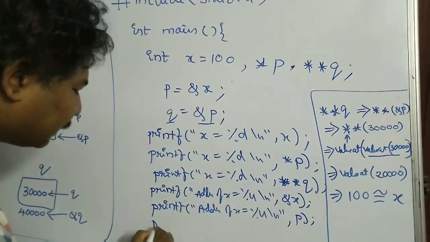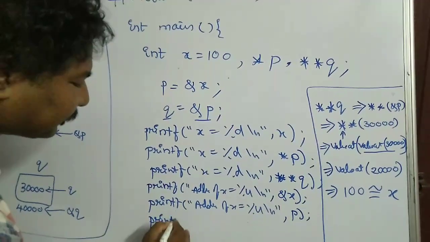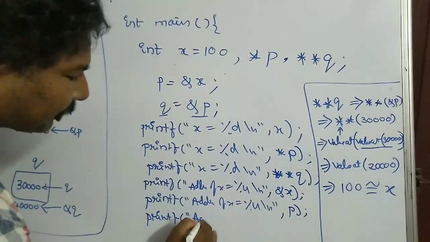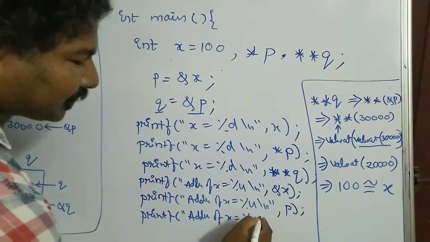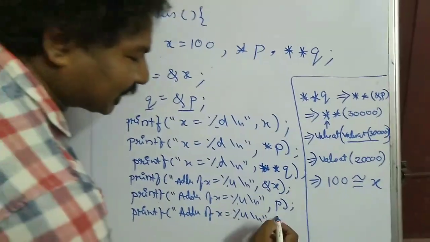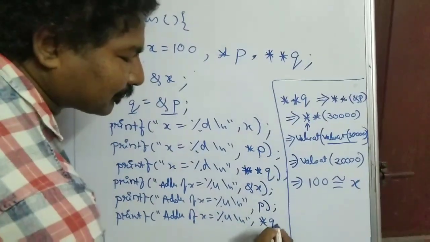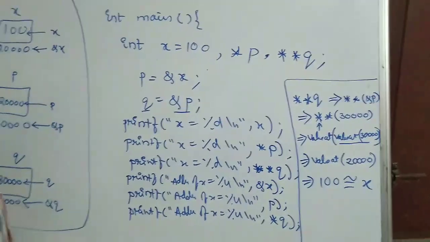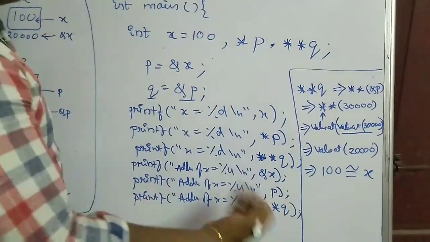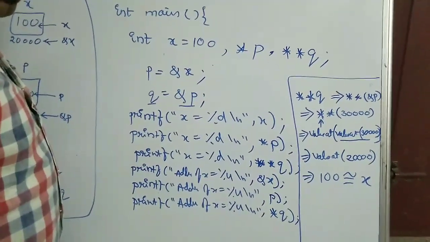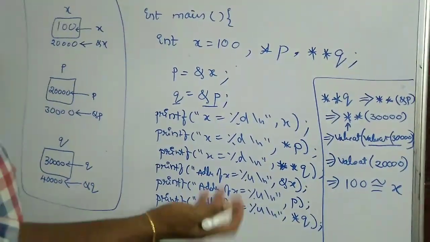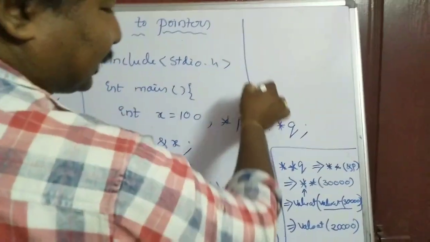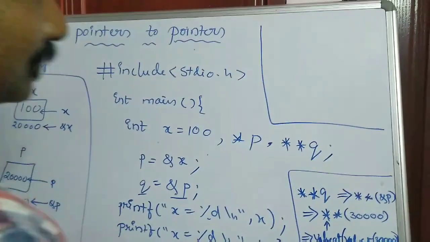Similarly, how do you get the address of x with q? So here that will be star q. Remember friends, star q will give you the address of x. Okay, so I want to clarify this thing also. How is this star q giving you the address of x? Here I am just writing an explanation for that.